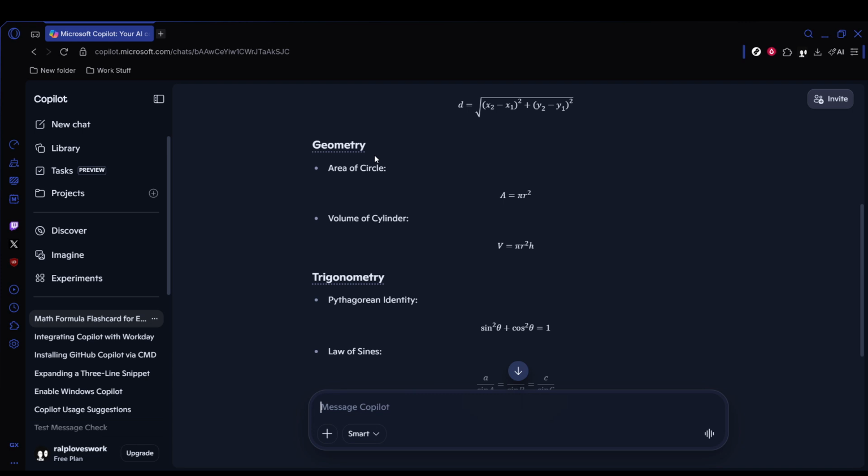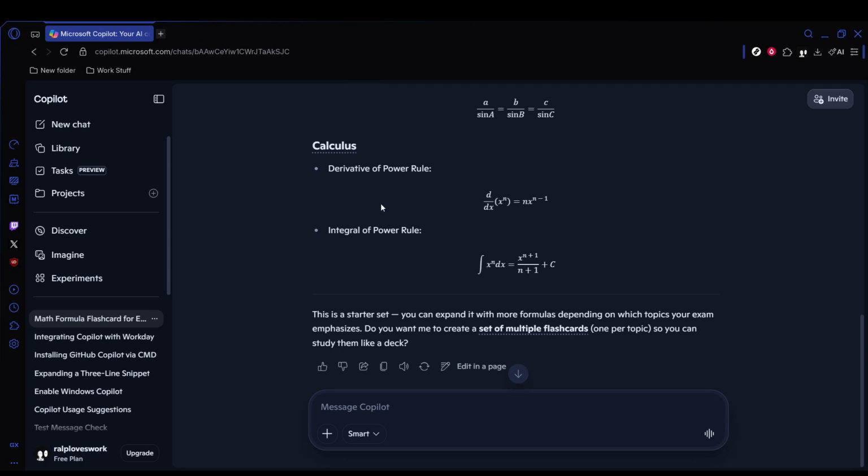When your source has finished processing, open the Copilot or AI chat panel. You'll usually find this in the right sidebar or near the bottom action bar while viewing the document. In the prompt field, type a request for flashcards. You can keep it broad by asking for flashcards covering the main concepts and key terms in the document, or you can be more specific and request a certain number of question and answer